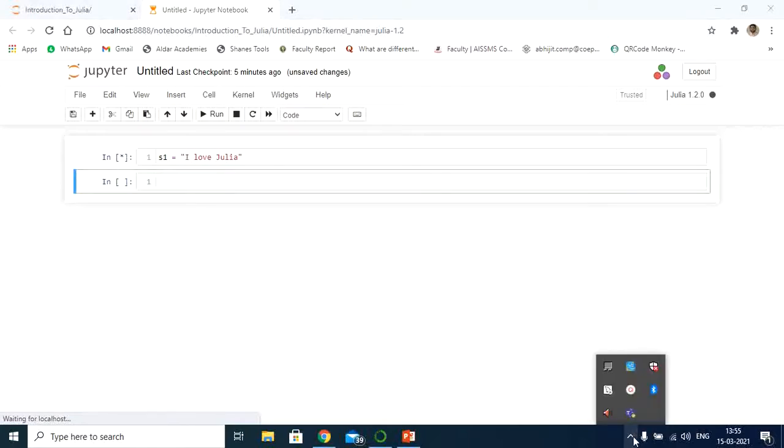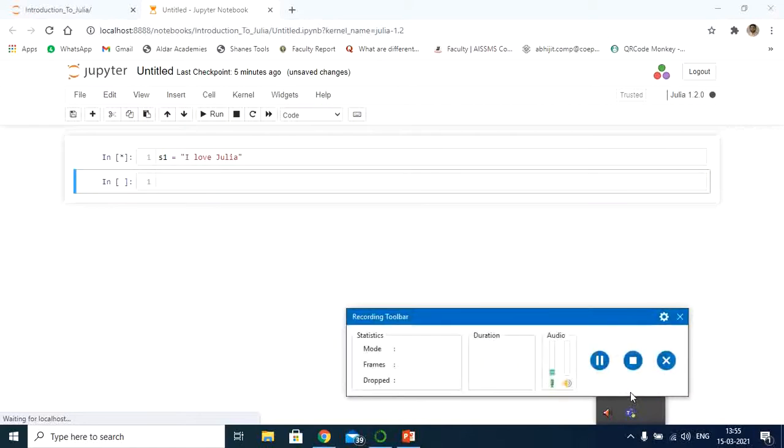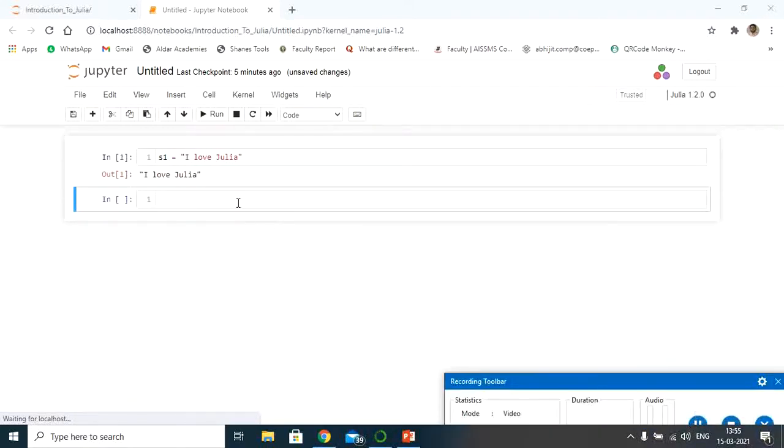This may take a little time, but once it executes successfully, it's very easy for us to manipulate. Now you can see there is a string "I love Julia", and I have stored it using S1. Suppose you want to check the length of a particular string in Julia.